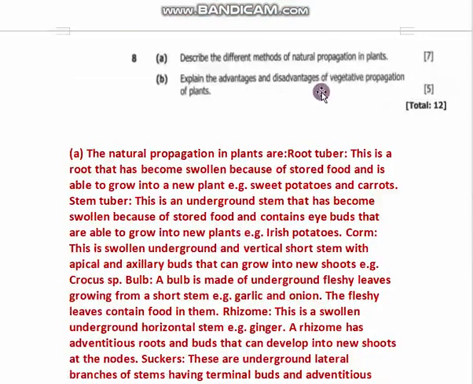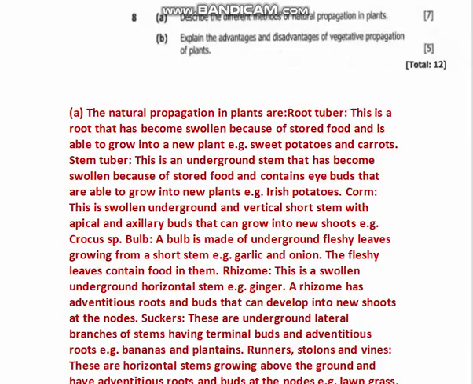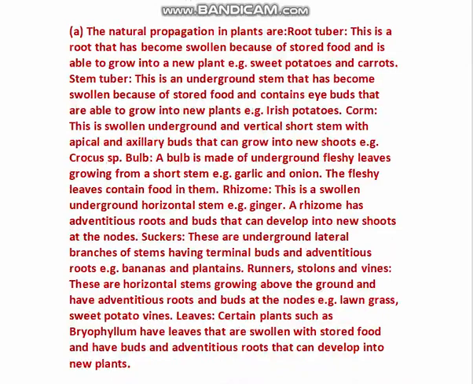So go to question 8. Question 8a, describe the different methods of natural propagation in plants, which is carrying 7 marks. So let's describe the natural propagation in plants. The natural propagation in plants are